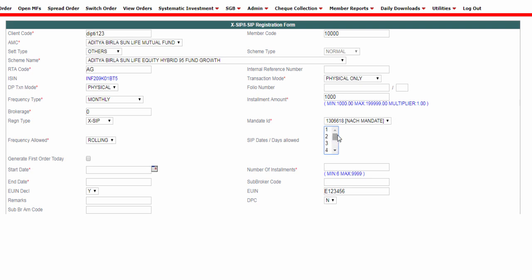Next, if you notice, there are dates mentioned for the SIP dates. These dates are indicative dates. It will not allow you to select the dates from here. You can choose any of these dates and enter it in the start date column. You also have an option called generate first order today. In case you select the generate first order today option, your SIP would start the very